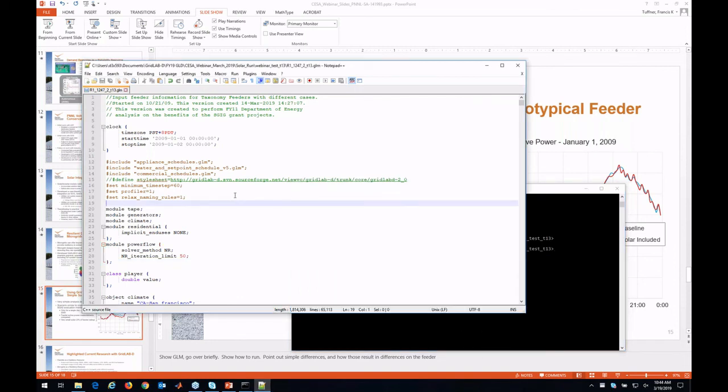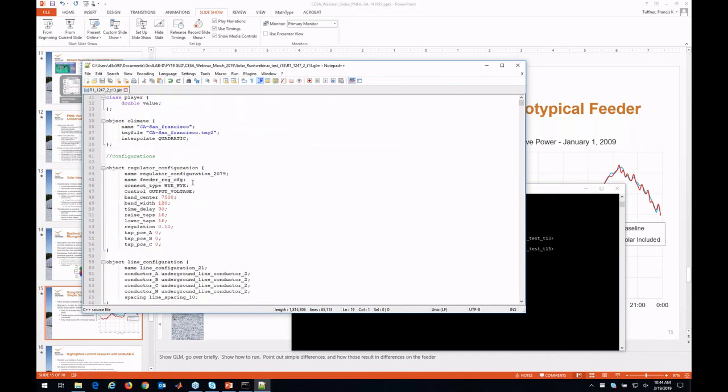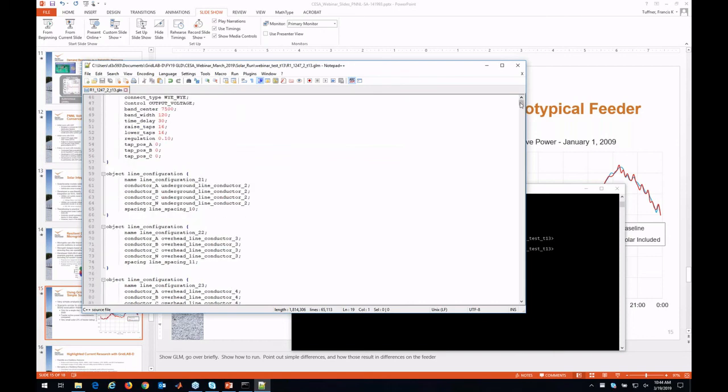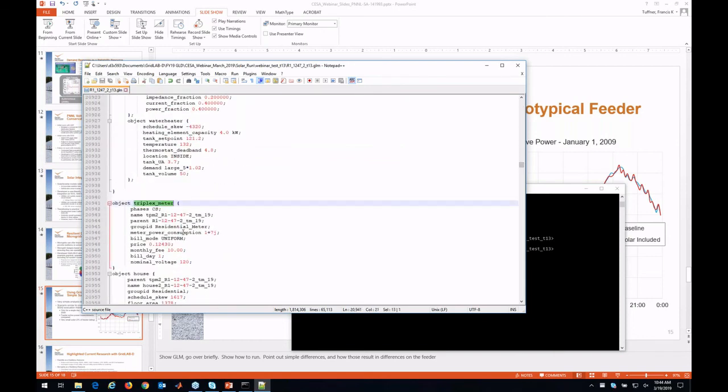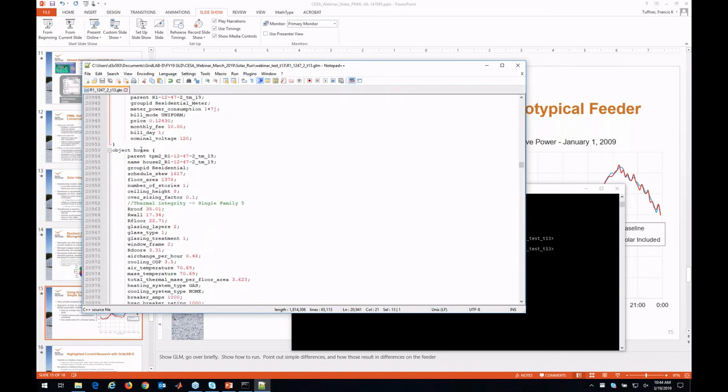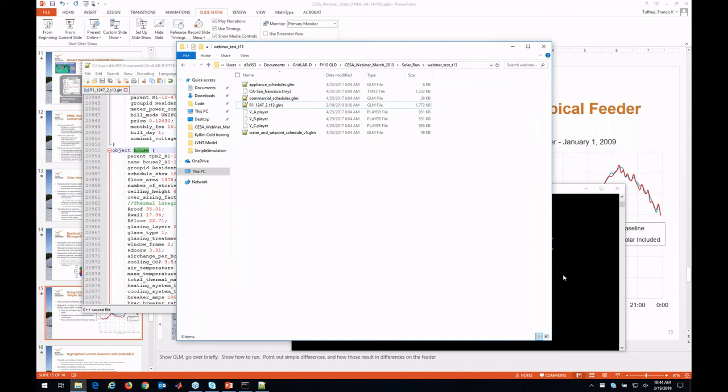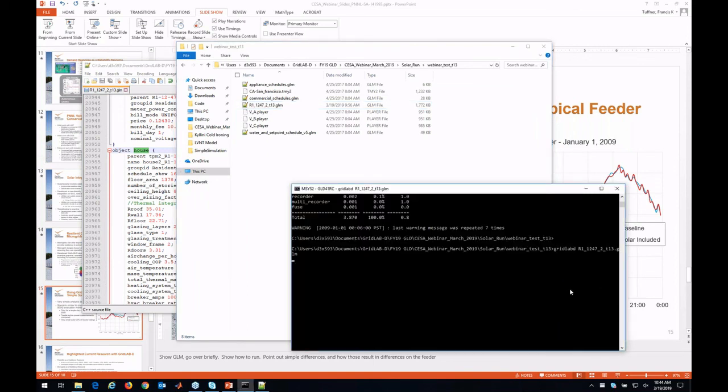The actual GLM file is, if you're familiar with programming, an object-oriented style. So you define individual objects and give them some characteristics. This is what's describing the overall distribution system. So this is basically an electrical connection point, and then there are some properties of the house. These are populated by those scripts I mentioned earlier, just to give you a realistic and representative set to conduct your analysis on. And as mentioned, it's a console app, so when you run it, basically what your output is,